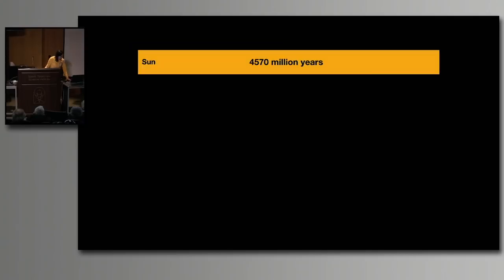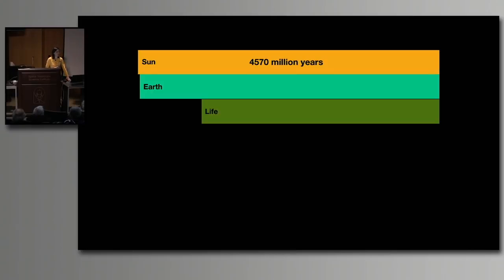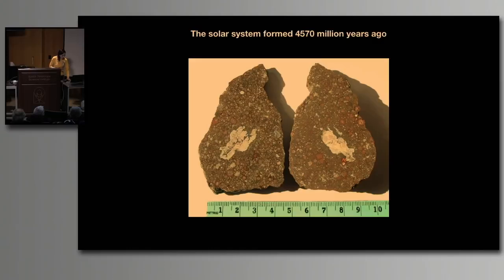So let's look at some numbers. When did the Earth form and when did it meet the necessary conditions for life to emerge? So this is, for perspective, how old the sun, the solar system is. This is how old the Earth is. This is how old we think life is, how old animals are, how old mammals are, and how old humans are. And to be honest, I had to make this thicker than I should, because otherwise you wouldn't see it. It's really mind-blowing. So let's talk a bit about how we know this top part.